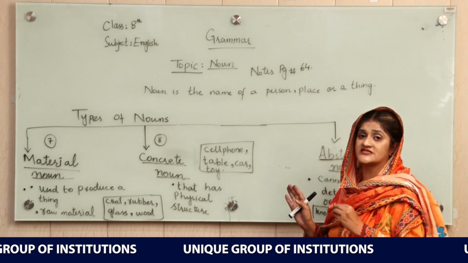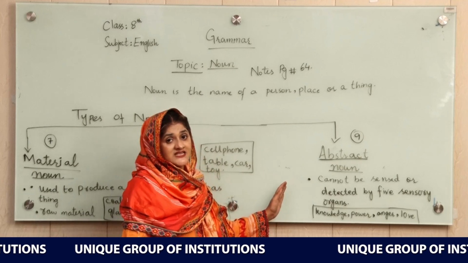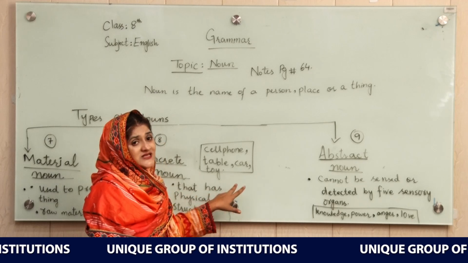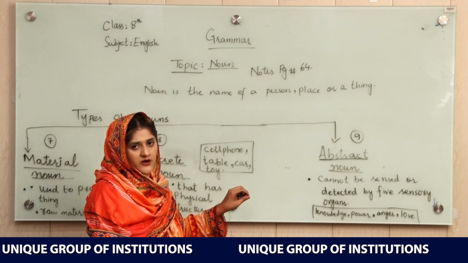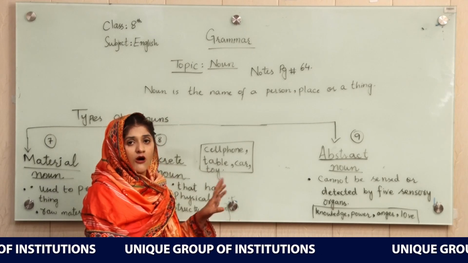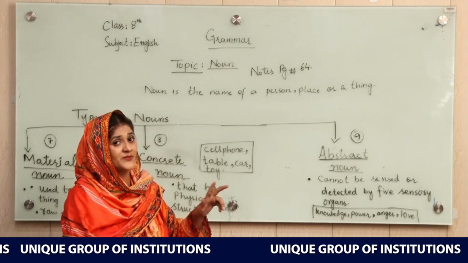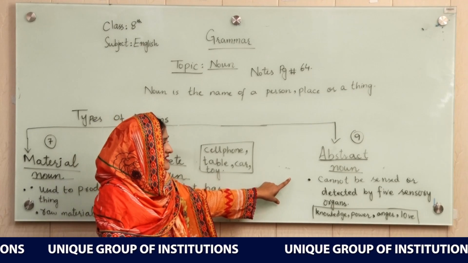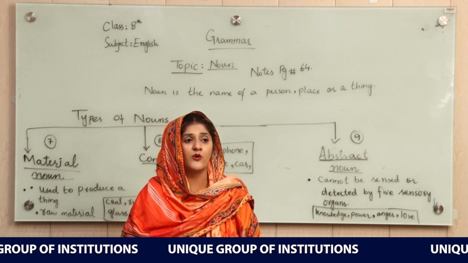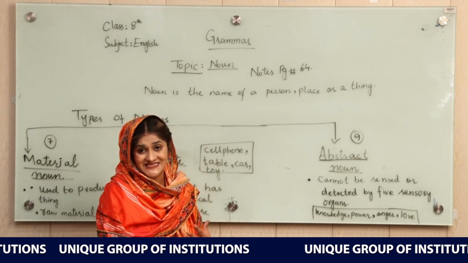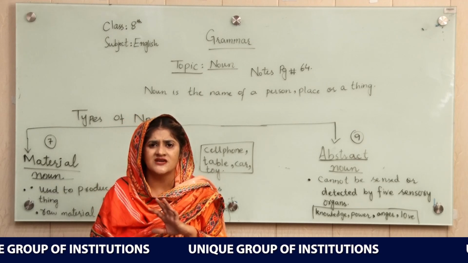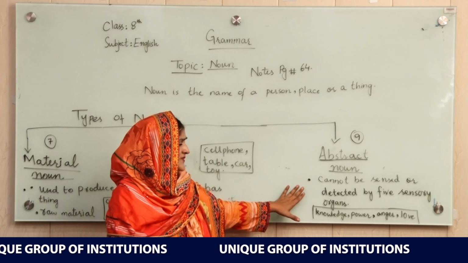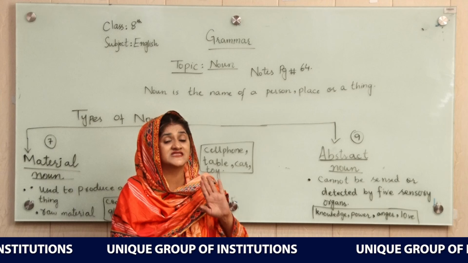So the last type of noun is abstract noun. Students, I would like to share one thing, that often these two concepts come. These are really very important. I am not saying that only these are important, all are important, but you should keep everything clear about these two. Abstract nouns are related to your emotions, I can say, related to your experience, which we cannot judge. For example, here in your notes it is written, it cannot be sensed or detected by the 5 sensory organs.